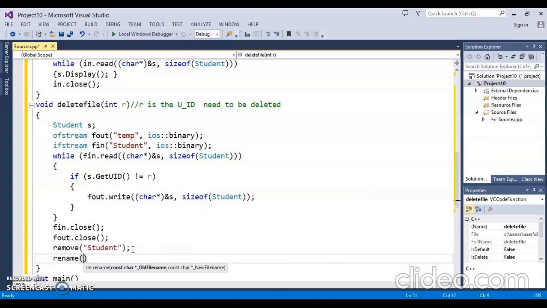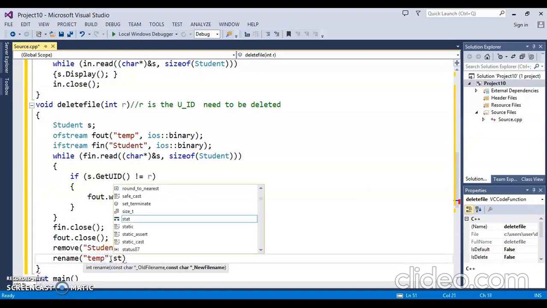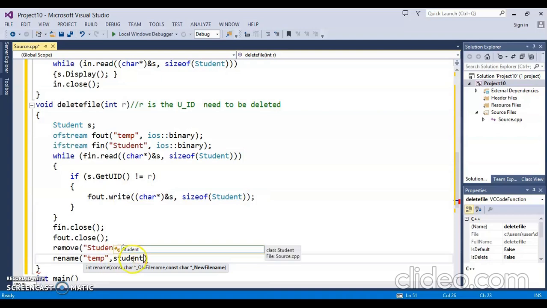Rename temp, student. So these are global functions. Oh, just a minute, I should write it as a file name. Okay. Let's save it.